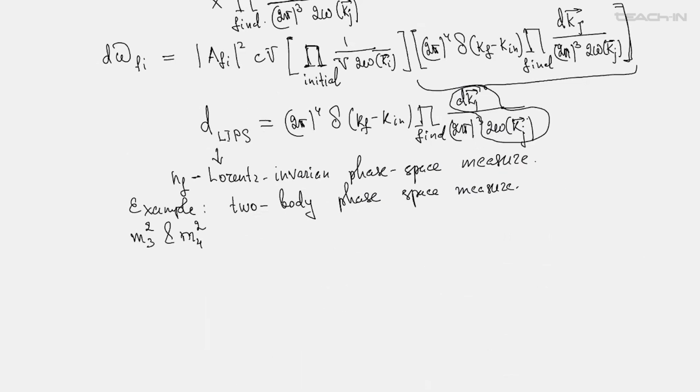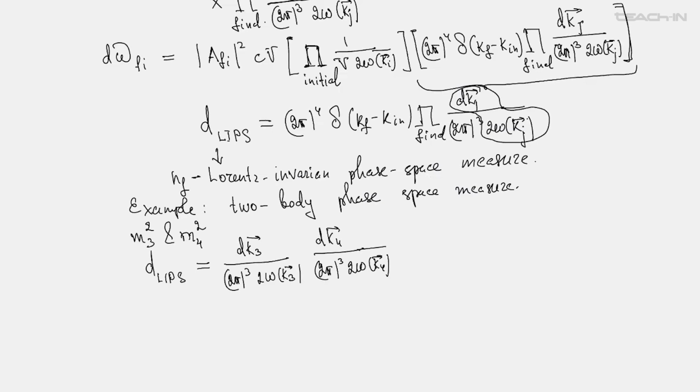According to the definition of dΦ, the Lorentz invariant phase space measure, we can write that dΦ for this case is dk3 divided by the corresponding factor, and then dk4 divided by its factor, 2 omega of k4. And then there is this delta function,